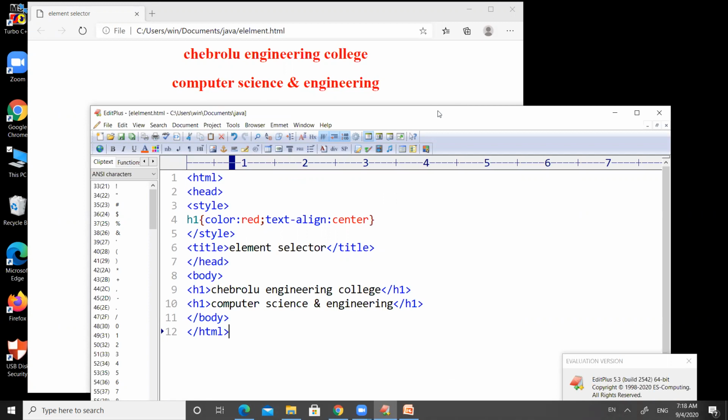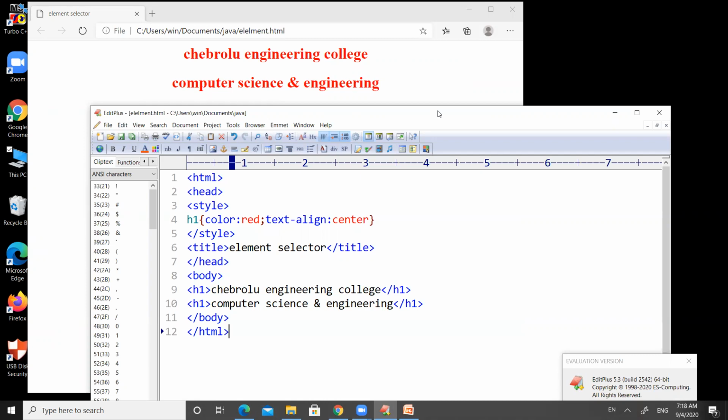This is called the element selector, which is almost similar to the internal CSS. In the internal CSS also, we worked with the same type of example, right? So selecting elements by element selector or internal CSS is almost the same.